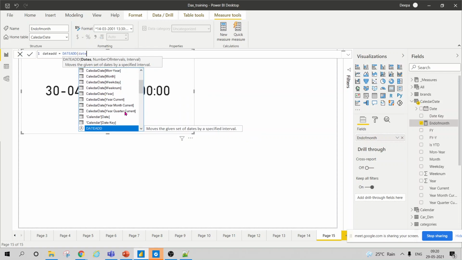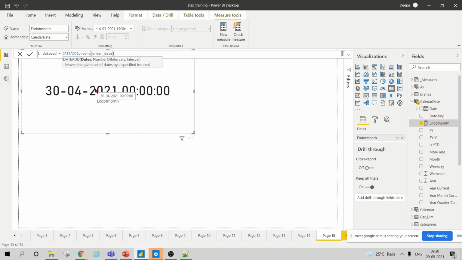Always take one date to which you want to add. So we'll check on some date, like I am taking order date. Now it asks me what is the interval, what do you want to add to your date. So suppose I want to add 1 month to my date, or I want to add 1 day, or 1 year, anything. So suppose I want to add 1 month.